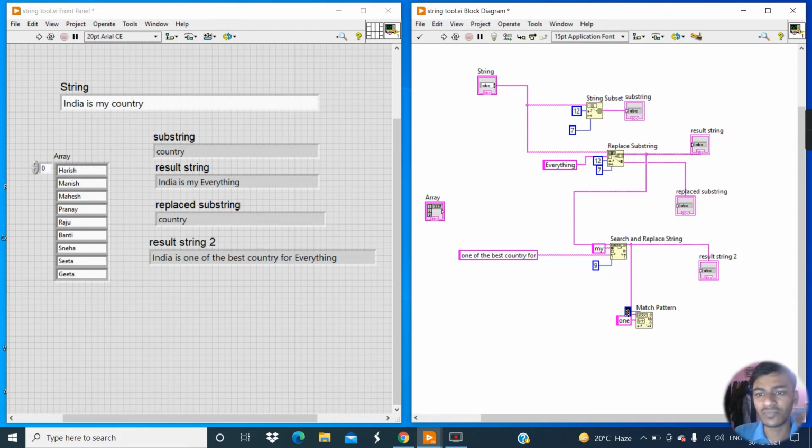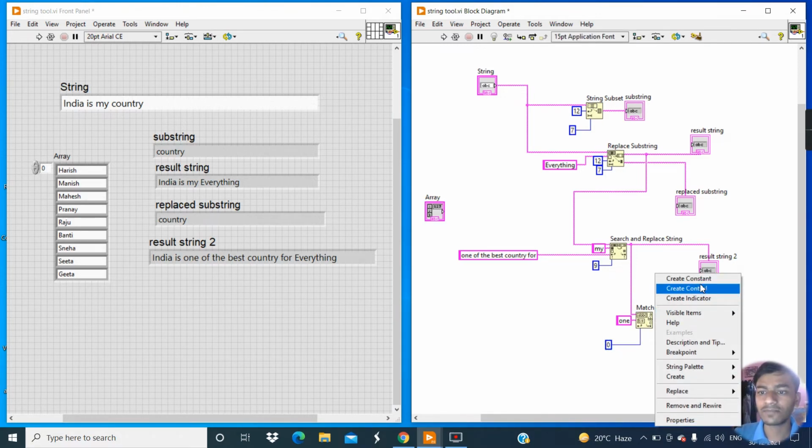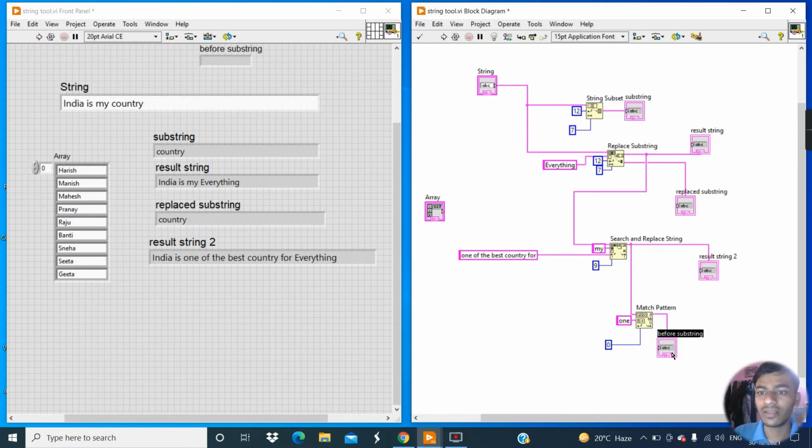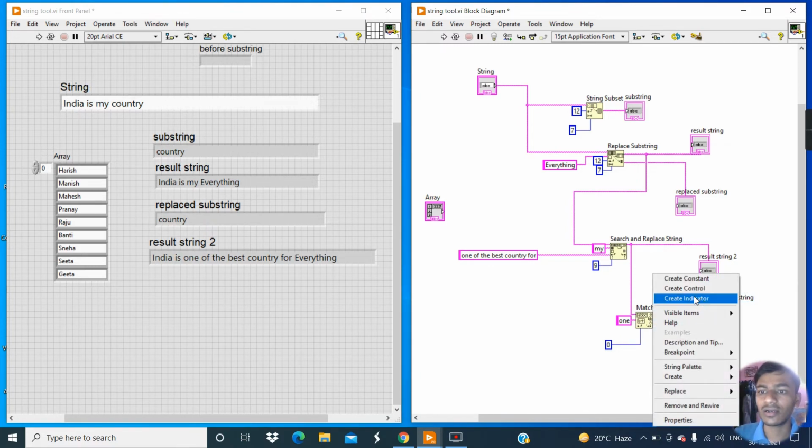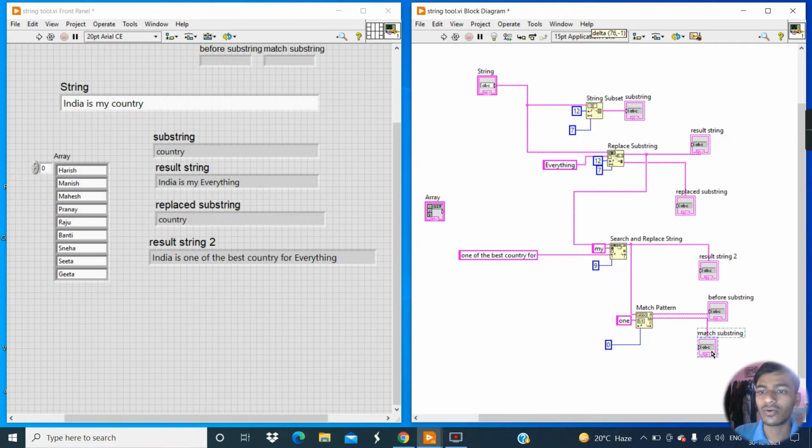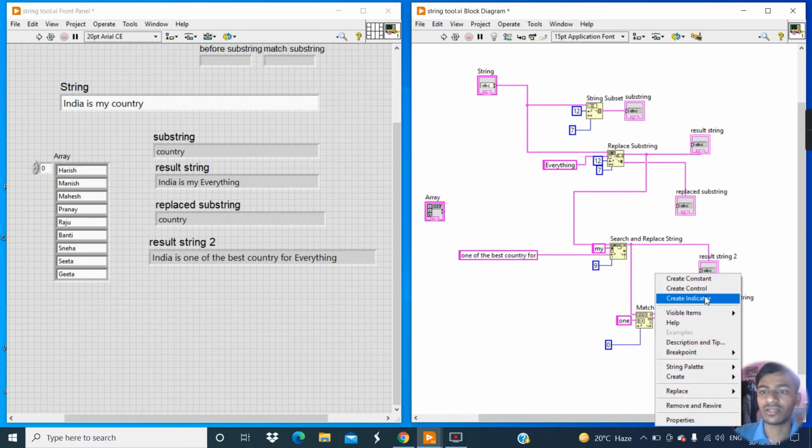So just create constant. Okay, and then create indicator here. So this will be our before substring result. Okay, and then this is match substring, create indicator here. And this will be after substring.